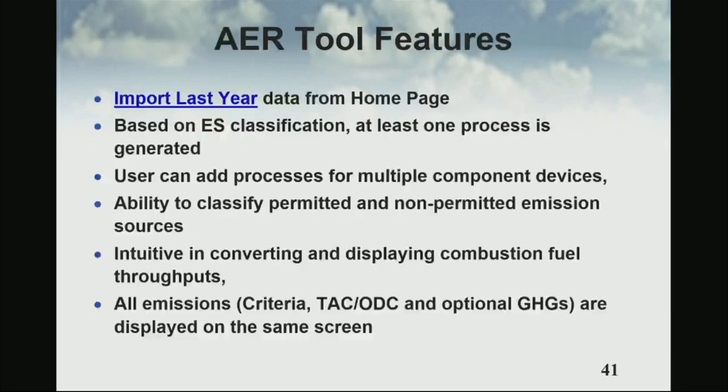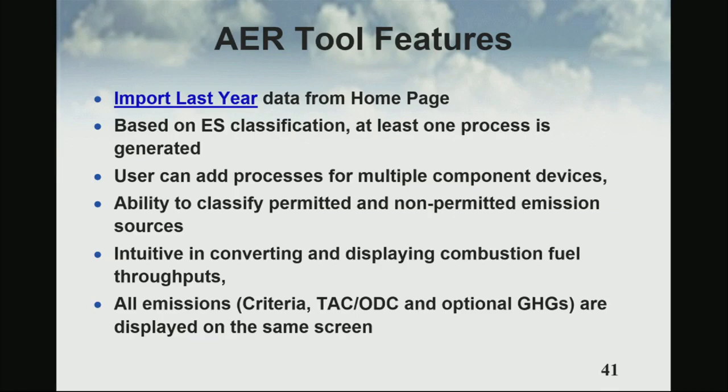The main features of our tool are as follows. The first year that you report, and in the following years you can transfer or import your previous year configuration. Remember, the front end of the reporting and emission factors, every year you can transfer it from the previous year. And you can classify your emission sources. I went through the classifications just a few seconds ago. You can define multiple processes, which I'll explain what process means shortly.